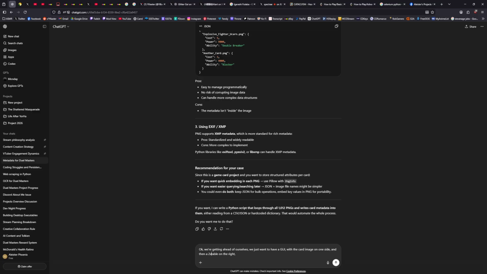A 2 by 8 table on the right: mana cost, type, race, effects, power, flavor text. Actually, if we do 2 by 9,